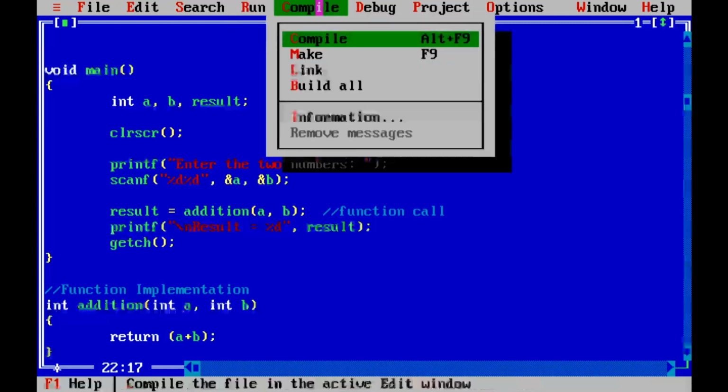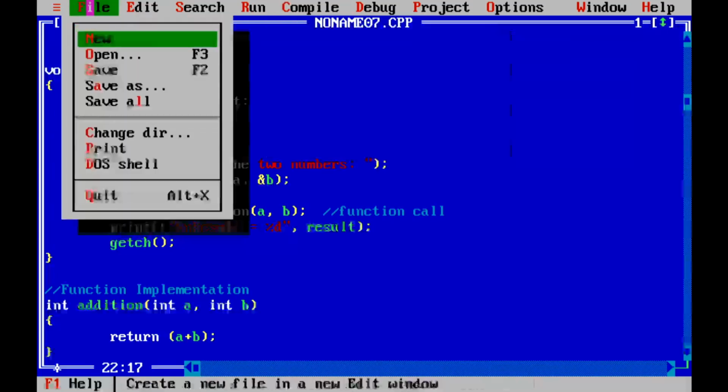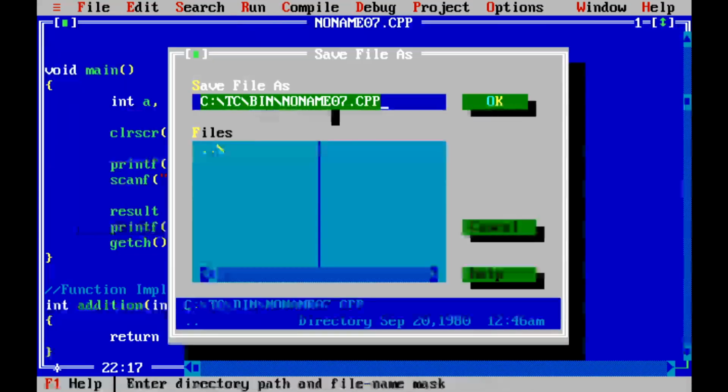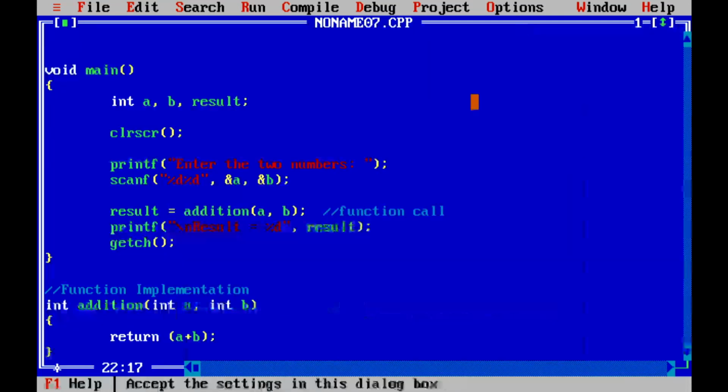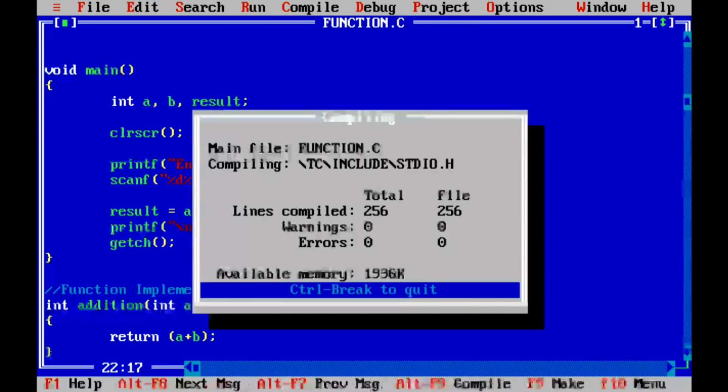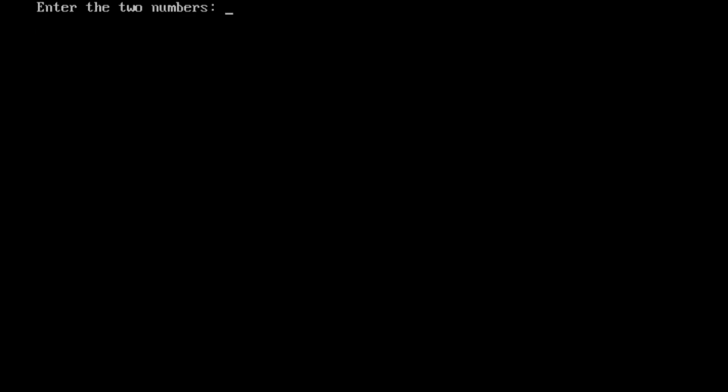Now let's try to compile it. So before compiling, let's save it. Save file as function 1. Let's save it. Okay, run this. So enter 2 numbers. Let's enter 5 and 6. So result is what? 11. This result equal to 11